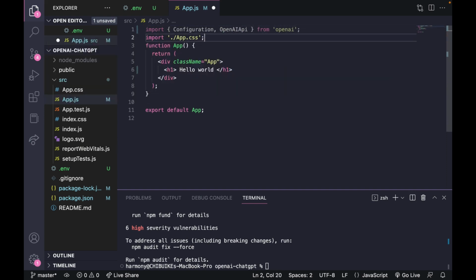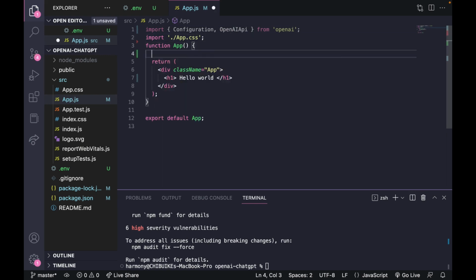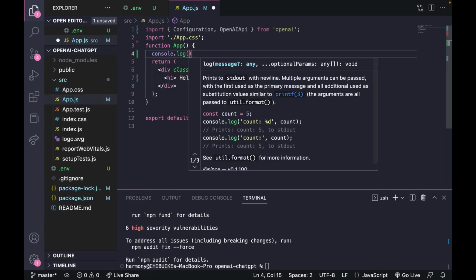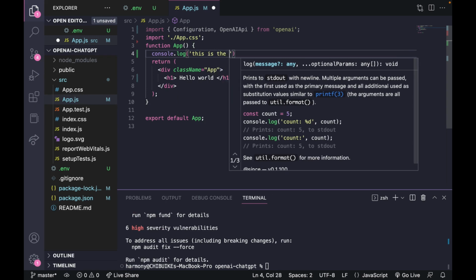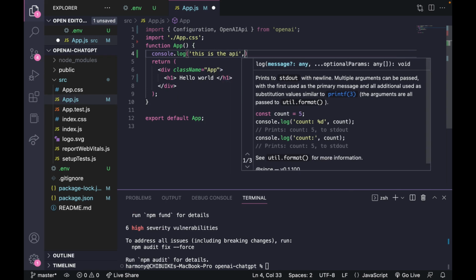Alright, so before I continue, I would like to console log my API from the environmental variable to know if I really have access to it or not. So console log, this is the API. So